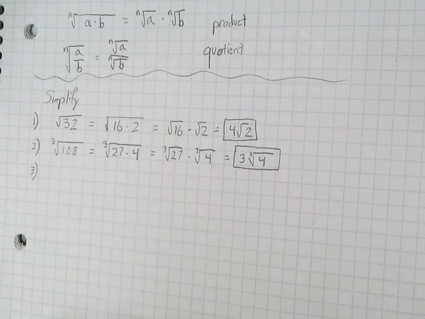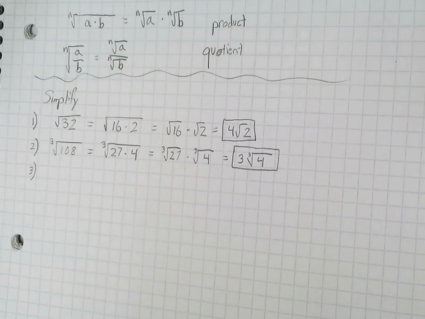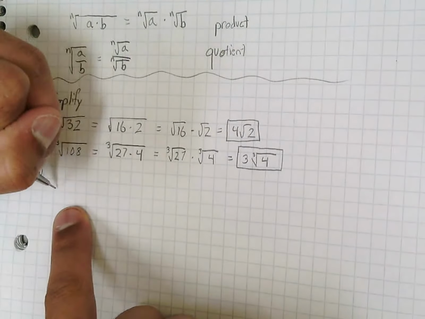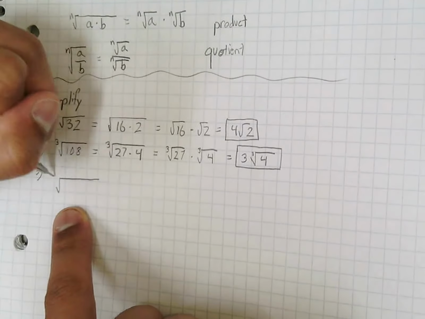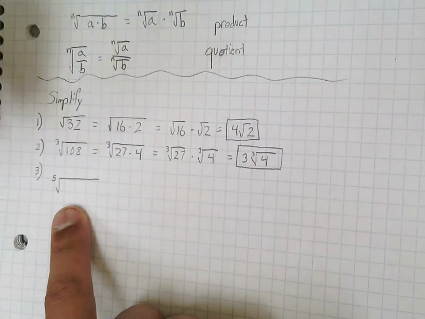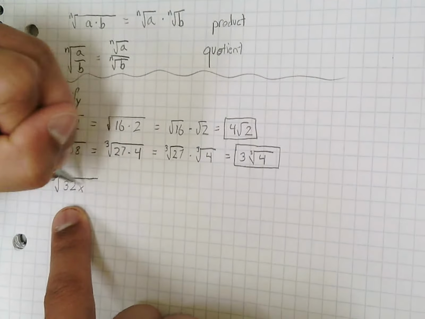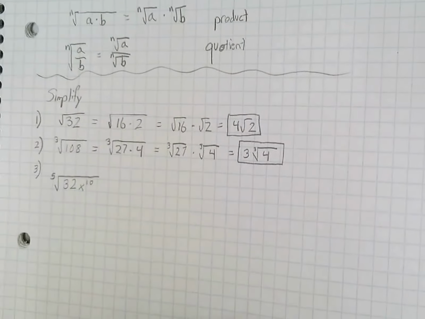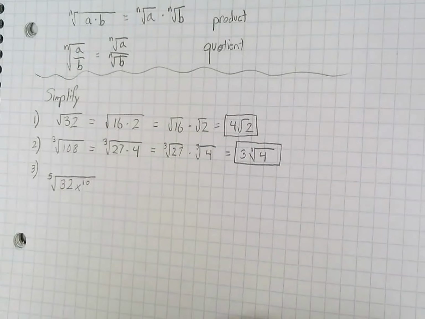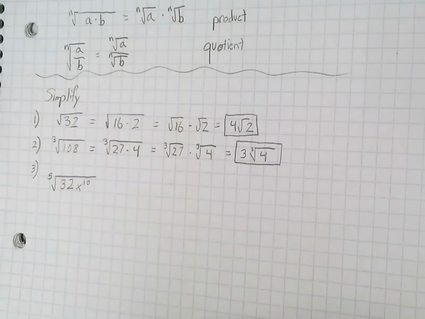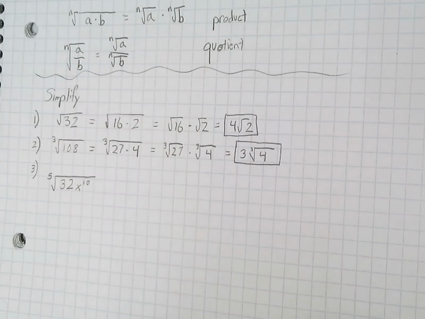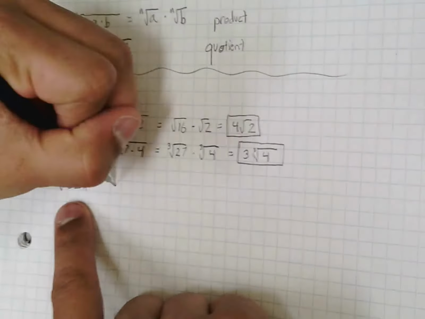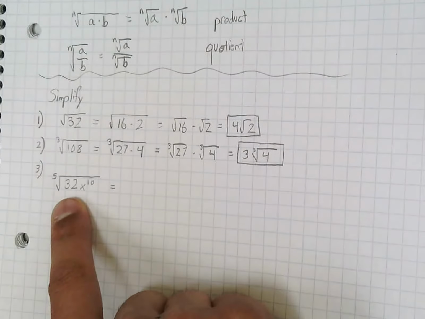Okay, let's do one more of these where we have a variable as well. So let's look at the 5th root of 32x to the 10th. Alright, similar process, but now we see we have a variable as well. Well, let's look at the number first, 32. 32 actually is a perfect fifth, meaning